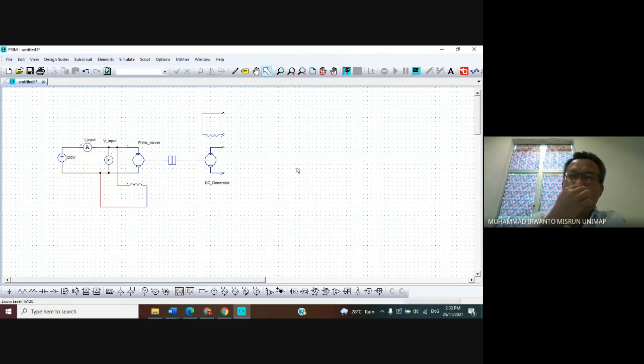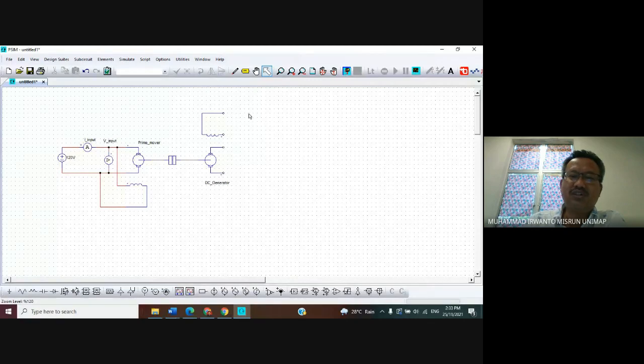We mentioned that the excitation system should be supplied by a DC voltage source, which can come from a battery. So here the excitation system should be connected to a DC voltage source.